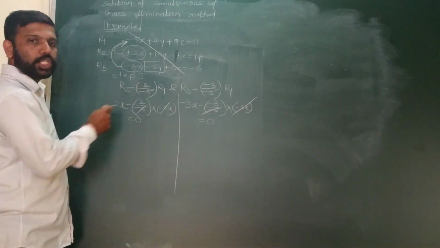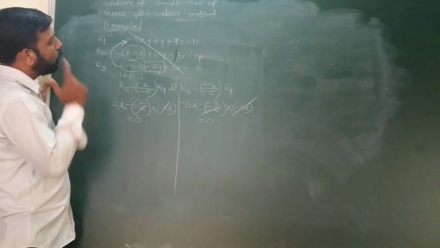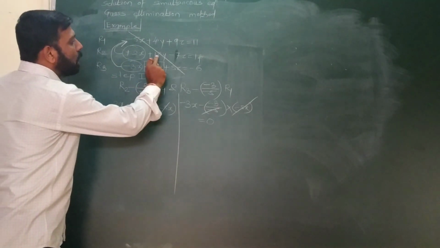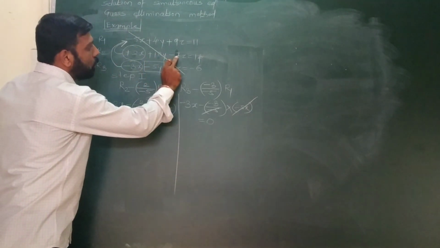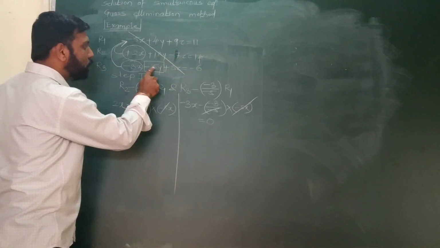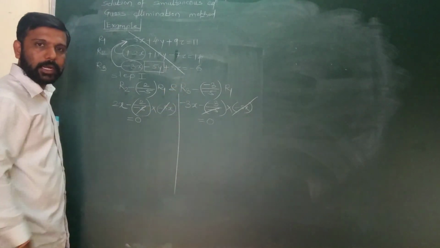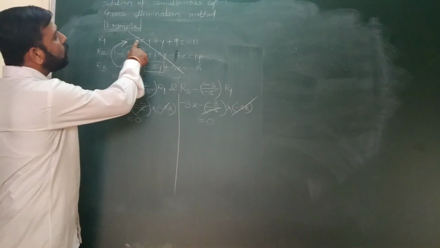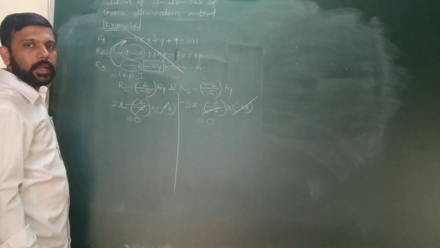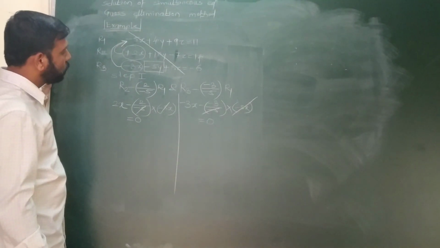Now we will get a new system of equations. In those equations, these two are 0, but we will get a change in this element, and again in this. Similarly, we will get changes in these three elements. In the first equation we have no change because we are not operating on the first row, R1.